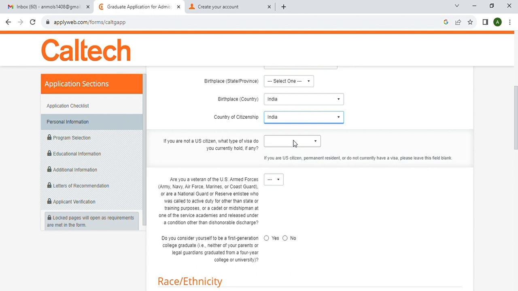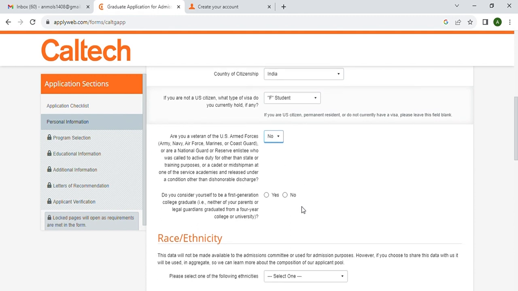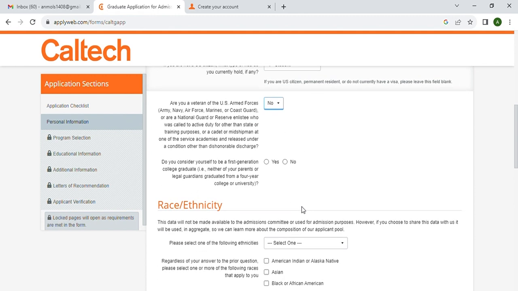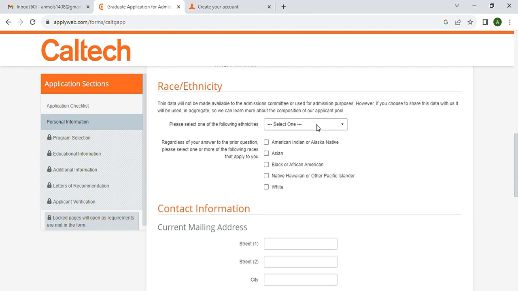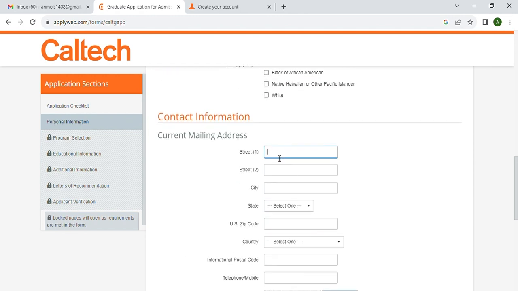If you are not a US citizen, what type of visa you will hold? So F student. Are you a US veteran, armed forces? No. Do you consider yourself to be a first generation college student? Select accordingly. Then select your ethnicity, not Hispanic or Latino. Choose your category and then enter the street address, city,